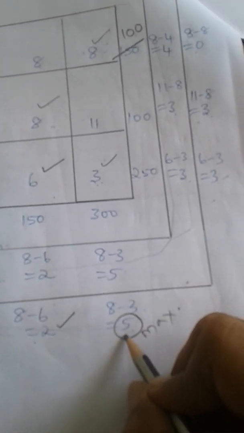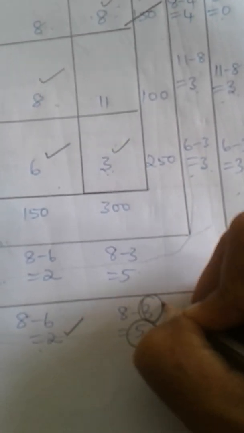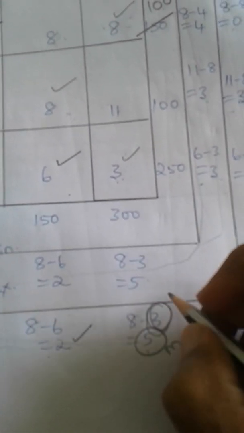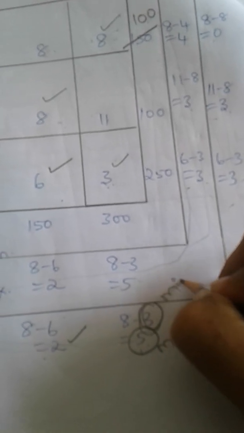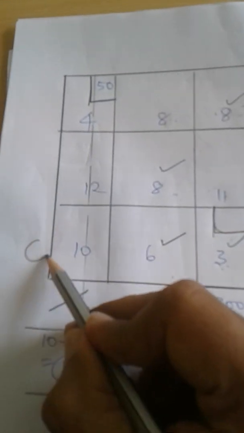Maximum difference is 5. So that is the reason we decide to allot the units in this particular cell. How to allot it? The minimum unit transportation cost available is in this particular cell, that is 3. Now 250 is the total manufacturing happening at this particular unit, that is C, and 300 is the total requirement at R.